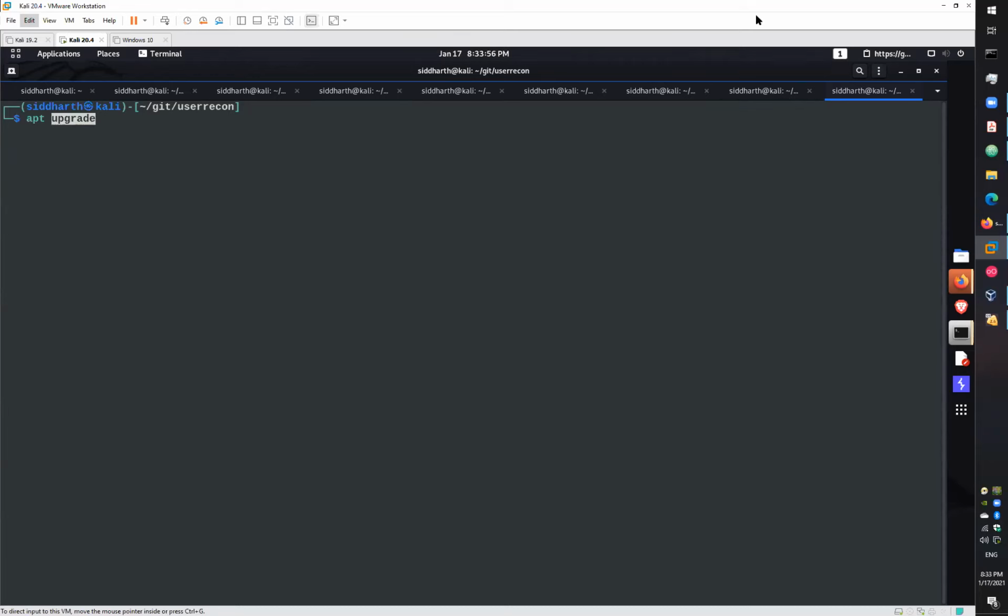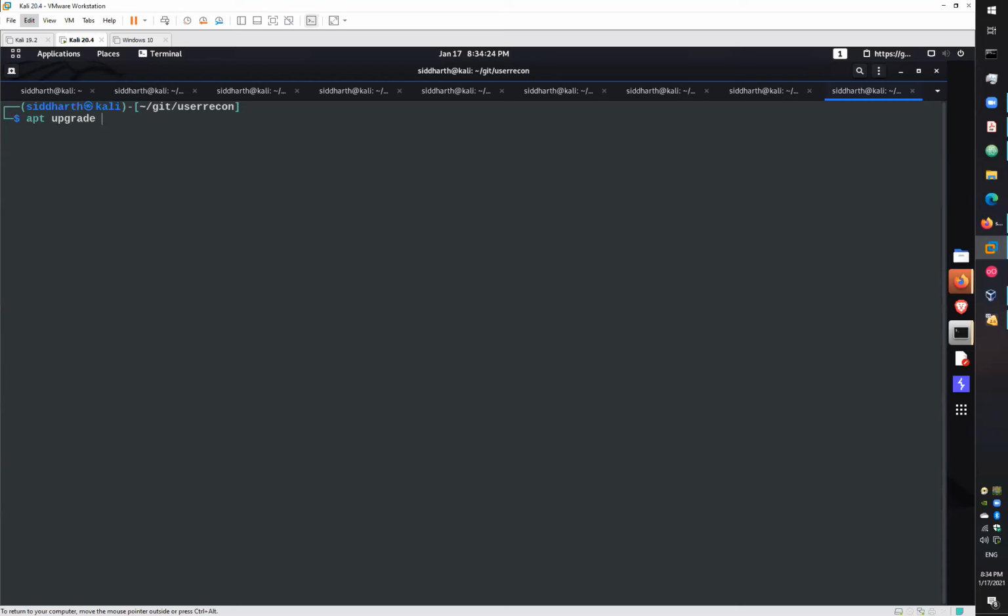Siddharth, I asked that. What is upgrade? Upgrade will install the newer version for the tool. Suppose you have a tool in version 1.1.122, and on the server side the newer version is something like 2.2.255. To install the new version for that tool, you just have to write the apt upgrade command.